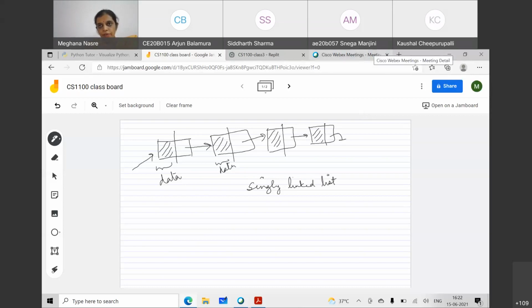Okay, so most of you have said that it should support adding and deleting nodes. I would not say adding and deleting nodes. I would say adding and deleting data, because we don't know how it is going to store this data. So when you want to store student records, you should not worry about whether it is stored as a singly linked list, doubly linked list, or an array or whatever.